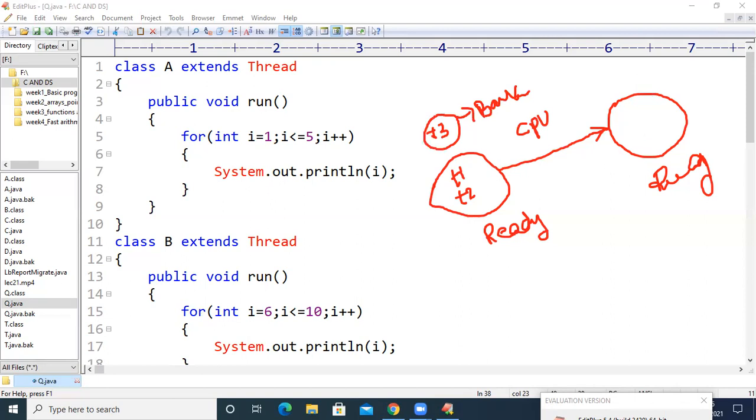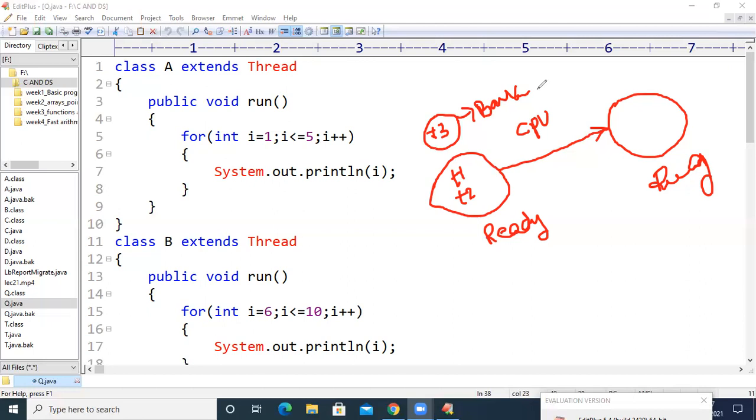Whenever the running state is free, or whenever the CPU is free, the computer is going to execute the T3 thread. The regular schedule will not be given for the background threads. Background threads will get executed whenever the CPU is free. When the CPU is not free, the background thread will not execute.